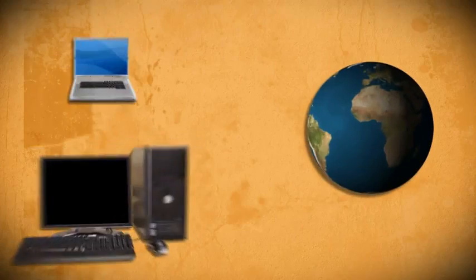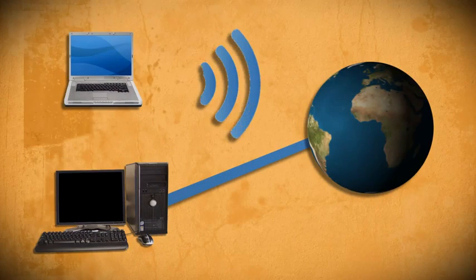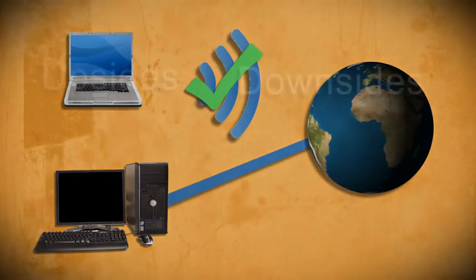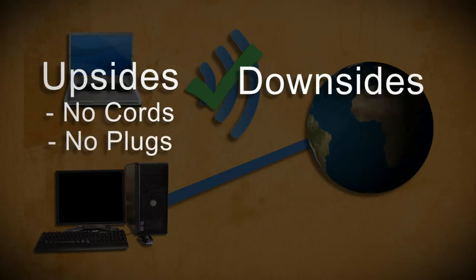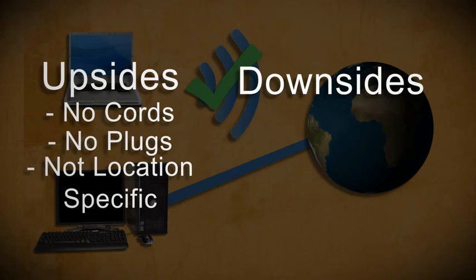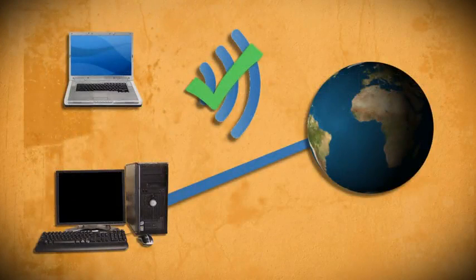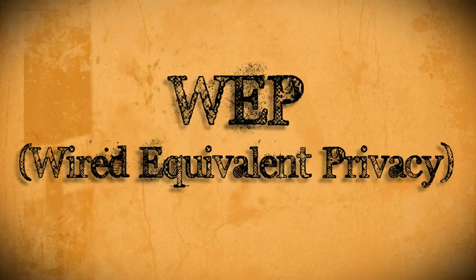When it comes to accessing the internet, wireless internet has become the most preferred means because you don't have to worry about cords or plugs and you're not even confined to a specific location. But the downside to using a wireless connection as opposed to a corded connection is that wireless connections are a lot less secure. So in this video I'm going to show you one of the vulnerabilities involving a WEP wireless